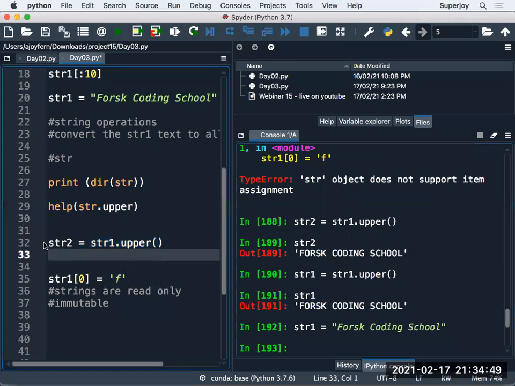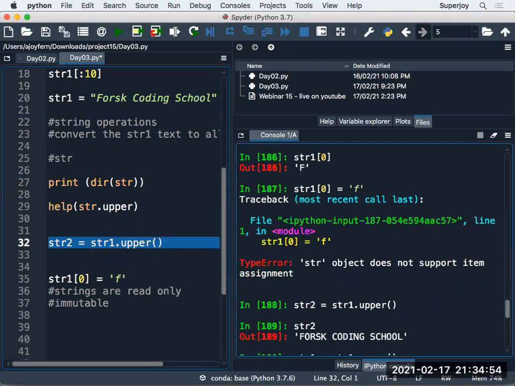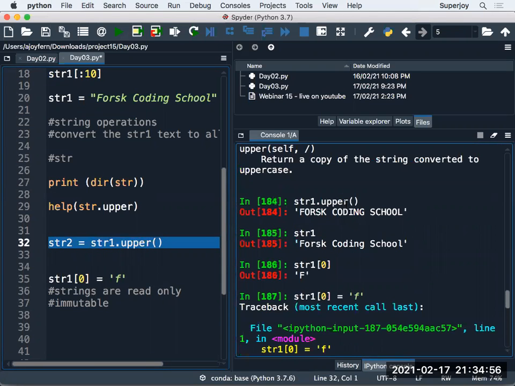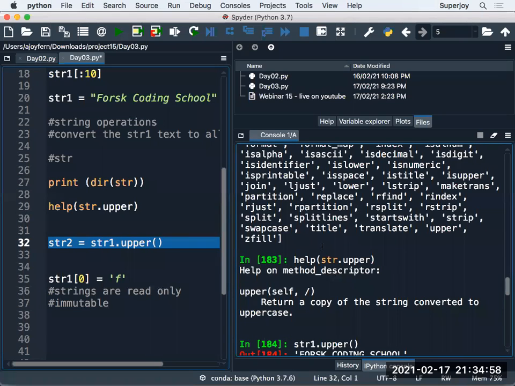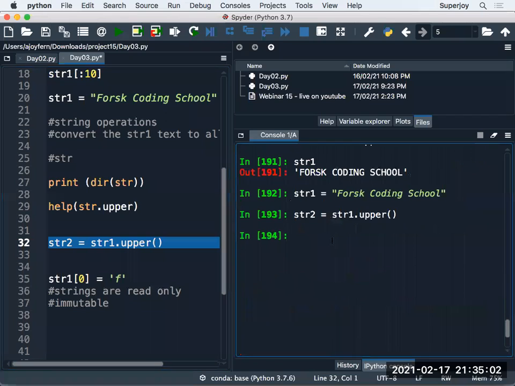That's it, no issues. Now, guys, you can call any function this way. You can call lower, you can call other functions as well. So how will you call lower? str1 dot lower, and then having this. Can you see, guys? Everything gets converted into lowercase.